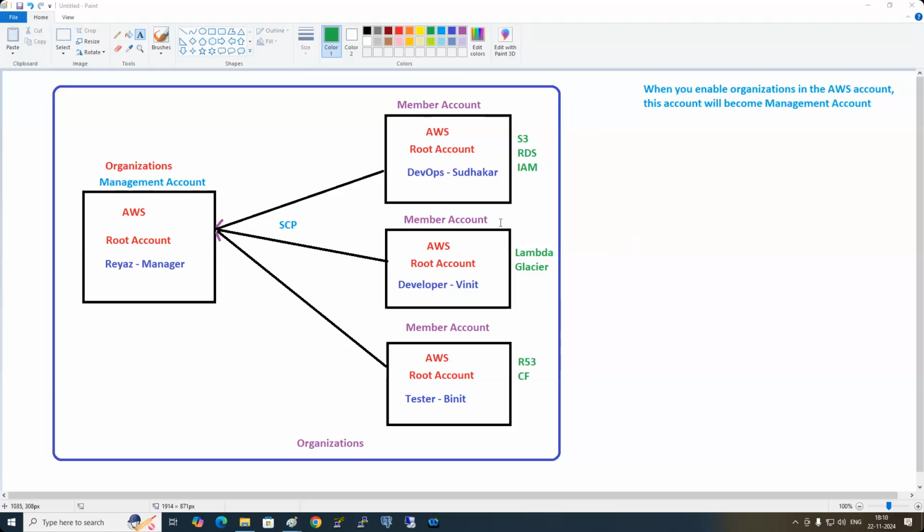So in this case, to which accounts do I need to give permissions? DevOps and developer. So for that, where should I do it? Do I need to create IAM users in their individual root accounts? The answer is no. Do I need to create IAM users individually in these accounts? No. So what I need to do is, in the management account,